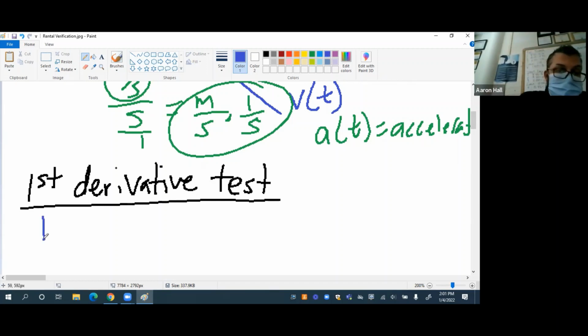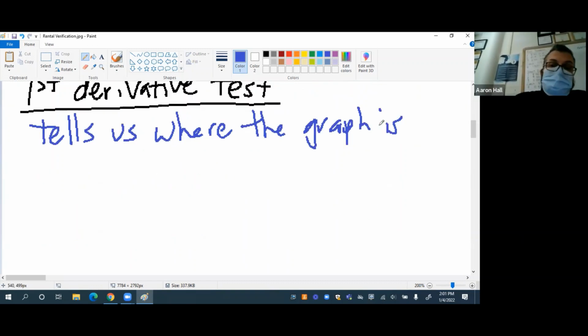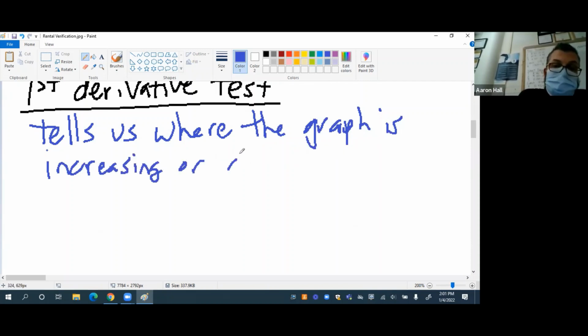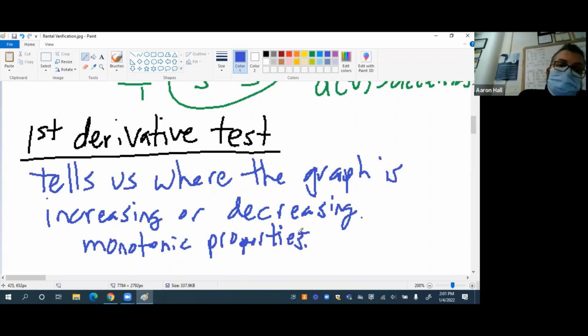So it tells us where the graph is increasing or decreasing. These are called monotonic properties. Now, an important reason why we want to know where the graph is increasing and where it's decreasing is that